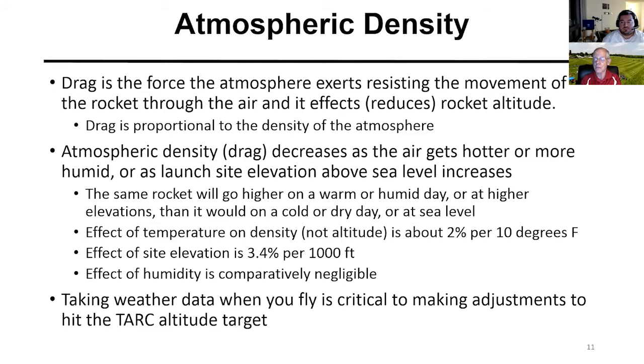Or if it's 90 degrees when you do your finals flight and it was 60 degrees when you tuned your rocket and did your qualification, well, you know what to do. The computer program will tell you what difference that'll make in altitude, and you can compensate for it by adding weight. And you can figure out how much weight to add with the computer program if you're using the right weight of the rocket and the right drag coefficient, and you've been measuring what the temperature was when you flew, and you knew what the elevation was where you flew. These are all things that you can measure. And if you understand how they affect flight performance and you measure them, you can figure out how to adjust so that your flight performance is exactly what you want it to be.